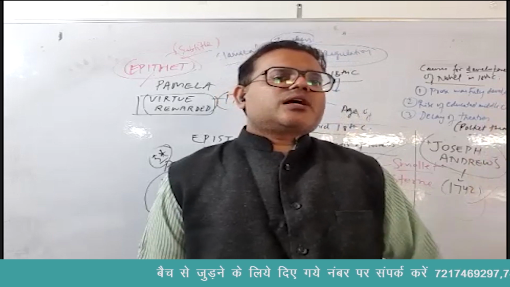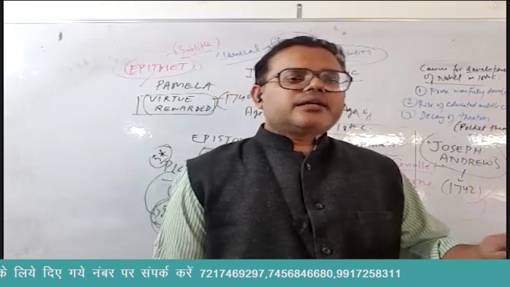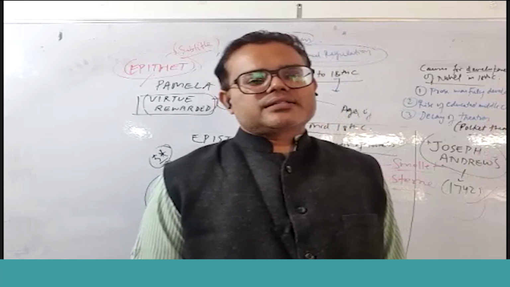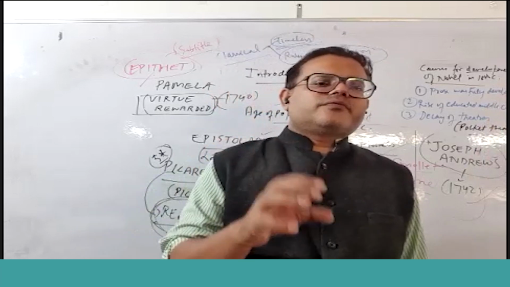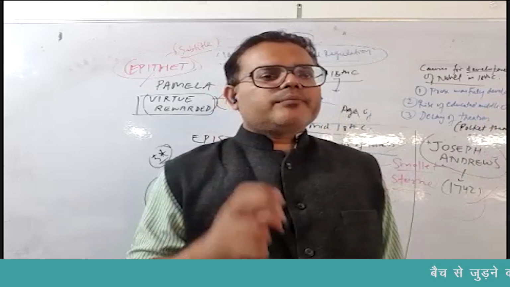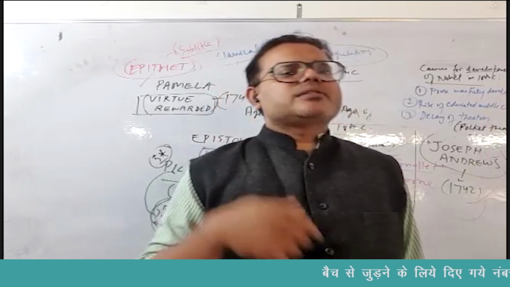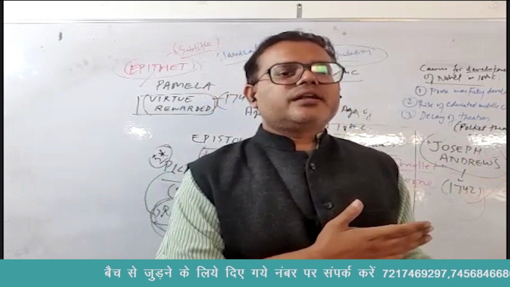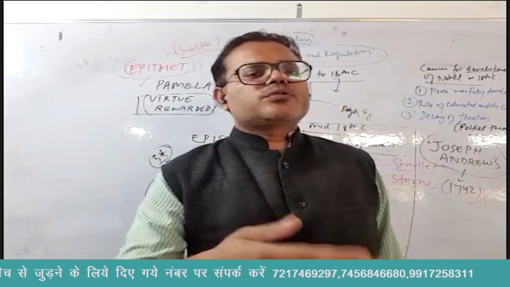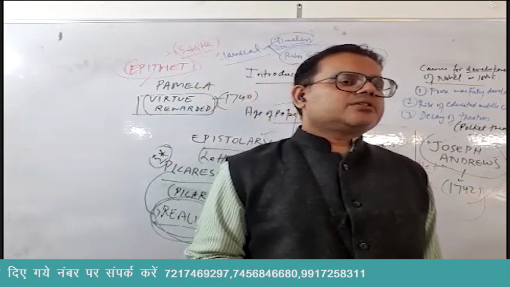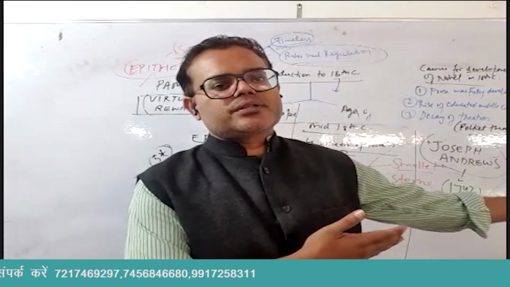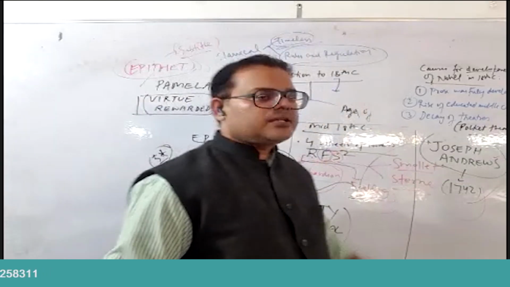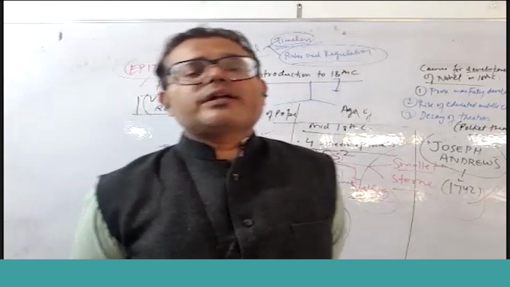And I have told you that the prose reformers of the 18th century were Addison and Steele. So they asked this very important question: why could prose not be developed in the 17th century? Because in the Elizabethan age, Bacon developed it a little bit. But why could prose not be developed in the 17th century? Because Bacon was there in the 16th century. There is a whole gap of 100 years, and then we see prose being developed in the 18th century. So what can be the answer?